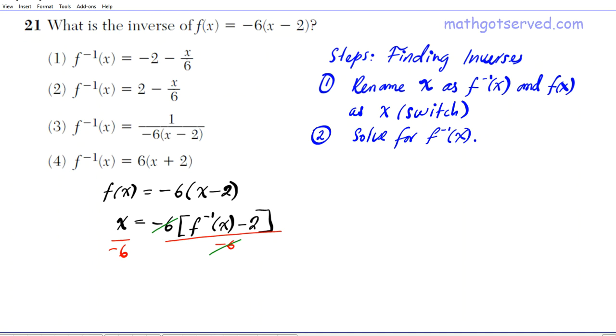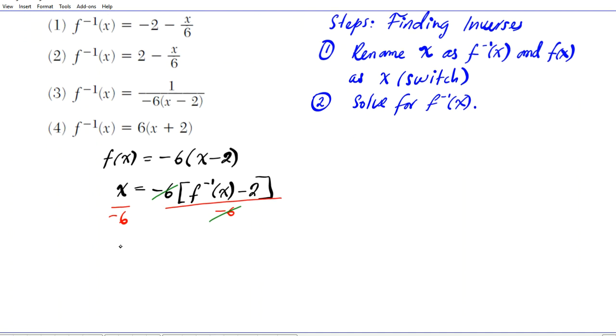If we switch our equation around, we're going to have f inverse of x minus 2 is equal to negative x over 6. To finish this off, we'll simply add 2 to both sides of the equation, and then we have f inverse of x equals